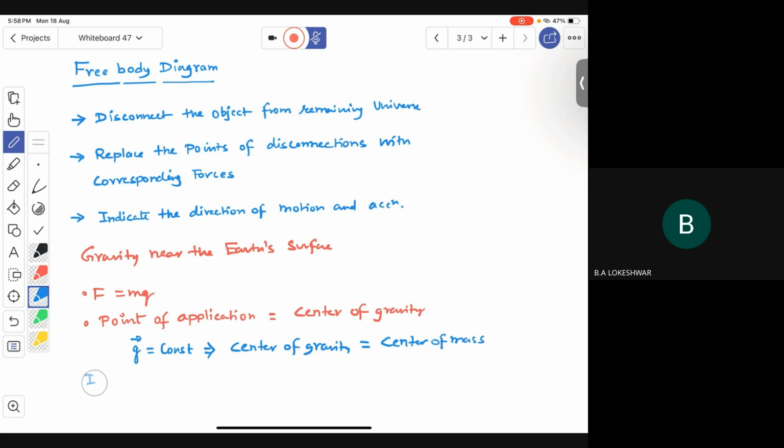If mass distribution is uniform, in that case, the center of mass is the same as the geometric center. So we'll be applying that force at the geometric center,